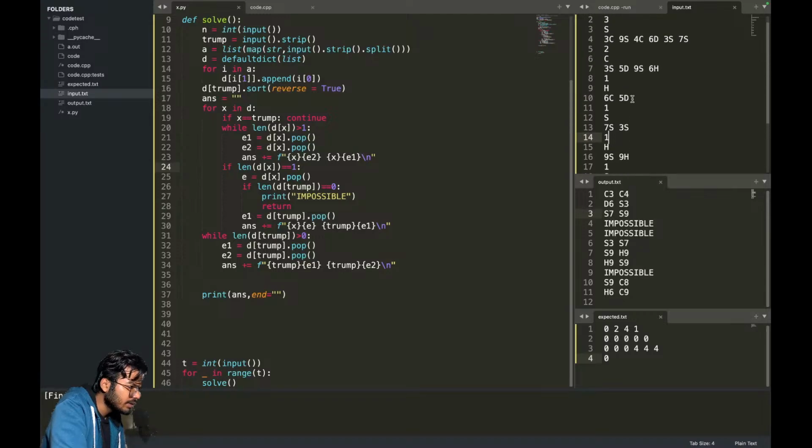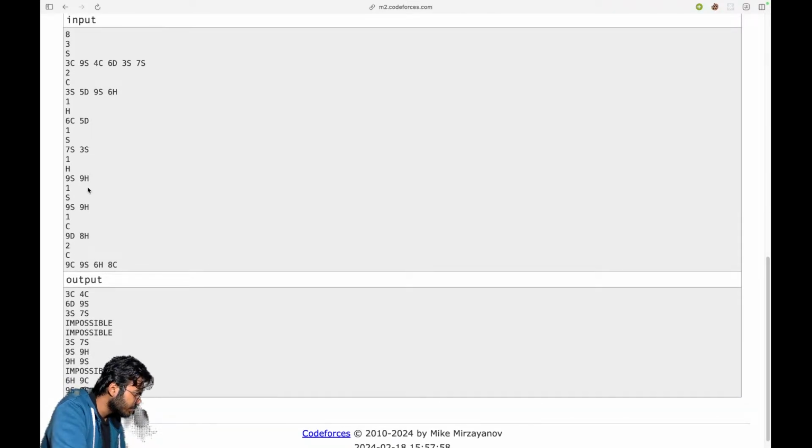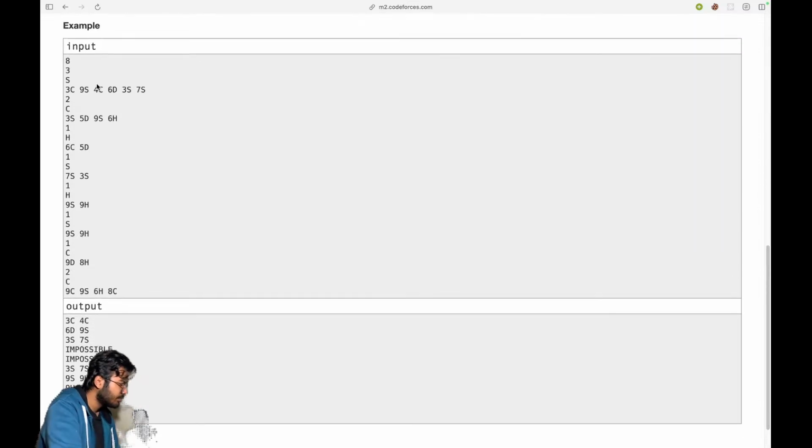Is there an n equals to 6 here? No. After two impossibles, we should get some good answers, but why am I not getting it? So 2, 2, then we had, we are getting two times impossible. So first test case, second test case, third test case, fourth test case. So for this fourth test case, we have